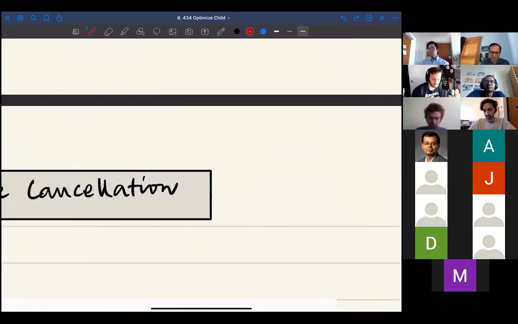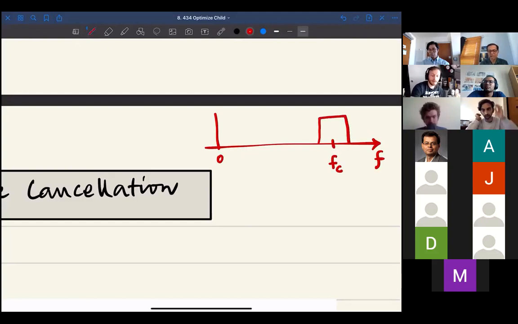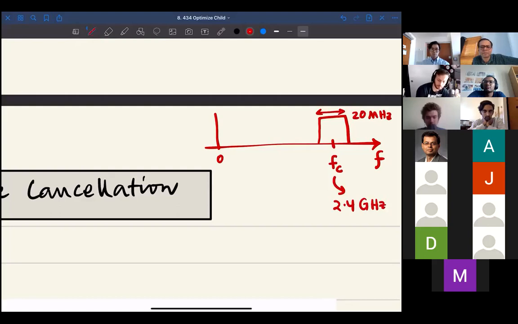remember when we talked about FFTs, we said this is the frequency band. This is frequency 0 and going all the way till F. For a thing like Wi-Fi, signals are transmitted at some frequency called the carrier frequency. Wi-Fi would be some 20 megahertz around the carrier frequency, and that would be the bandwidth, 20 megahertz. But this carrier frequency would be 2.4 gigahertz. Guys, did we talk about this? Maybe not really, or maybe it doesn't matter too much. All I'm trying to say is